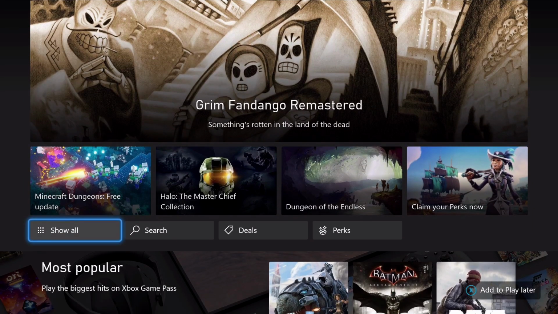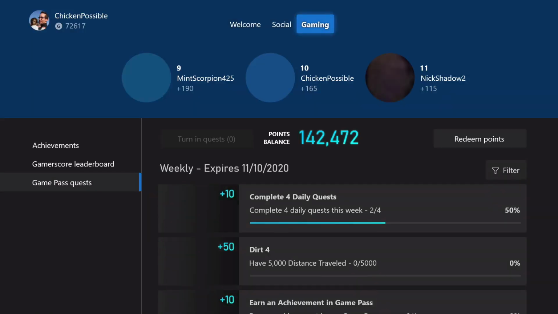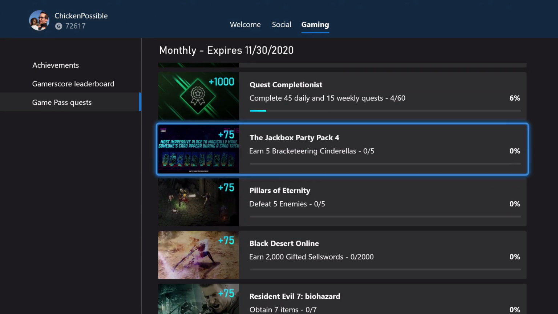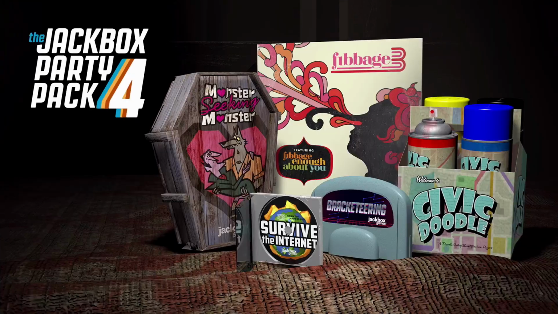Today we have a November quest for the game Jackbox Party Pack 4, which of course is available on Game Pass. This is going to be worth 75 rewards points, and the objective is to earn 5 Bracketeering Cinderellas. And if you're like me, when I first started looking at this, you probably have no idea what that